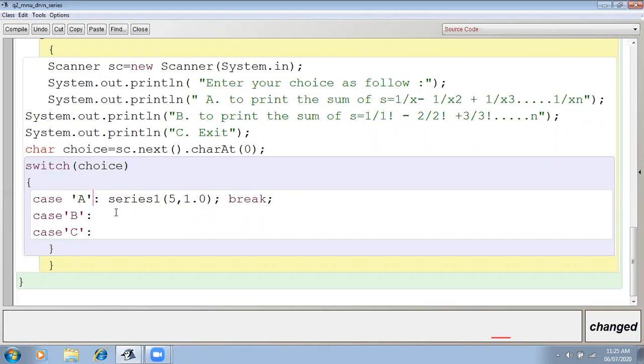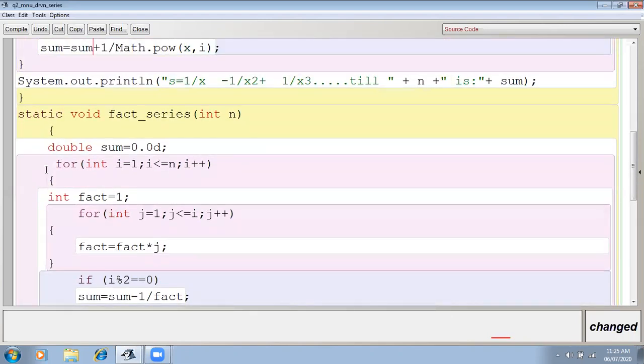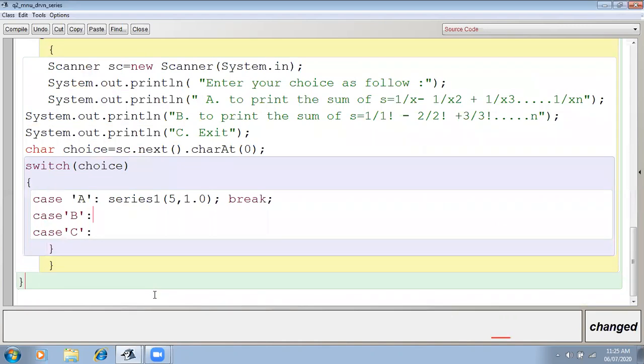Okay, then here I will call the second method, void fact series, with one integer parameter. So fact series, one integer parameter, suppose it is 5, then break. Okay, then see, system dot exit 0.